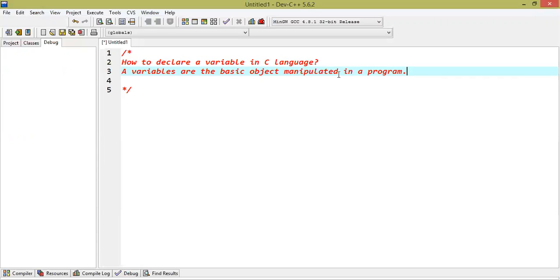See, in C programming, to create a variable, there is a predefined syntax and various data types are defined.